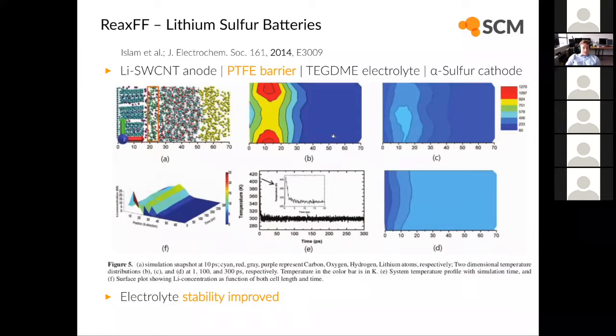In the second part then, they added a Teflon barrier, a porous Teflon layer on the side of the anode. It doesn't show very well, but if you look closely, there are a lot of green atoms now here on the left side. And these are the fluorine atoms of the Teflon material. So there's a very thin layer on top of these single-walled carbon nanotubes. And this Teflon layer basically serves as a kind of safety net, or basically it reduces the kinetic speed of